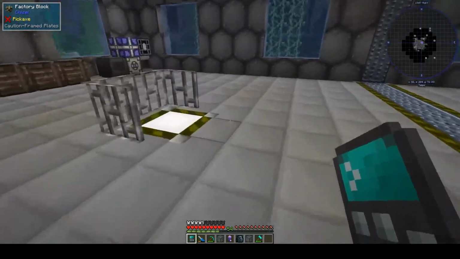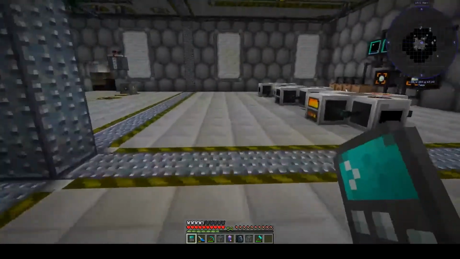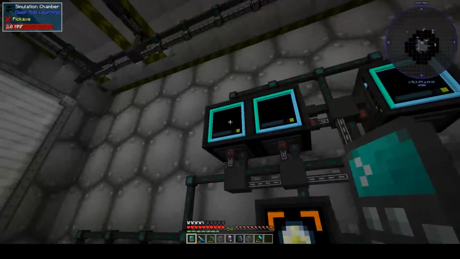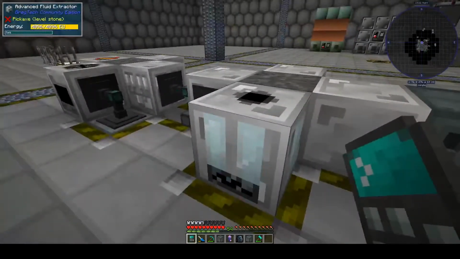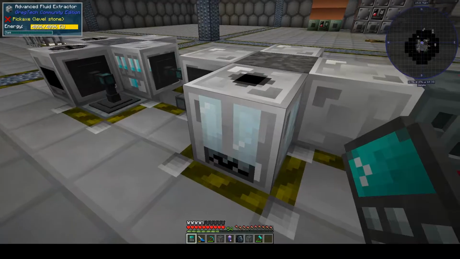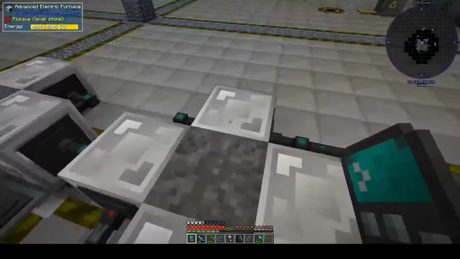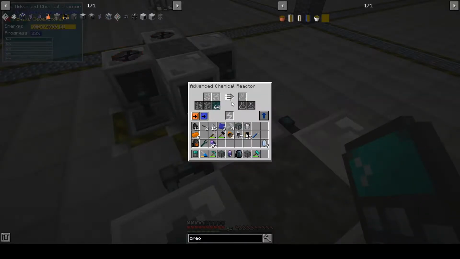Between episodes, I've done a fair amount of work, and you may notice I have a second simulation chamber up here, which is already backstuffed with pristine Enderman matter. I found the problem I was having was I wasn't getting enough ender pearls to the advanced fluid extractor. Now I have a further problem in that despite having those fluid ender pearls,